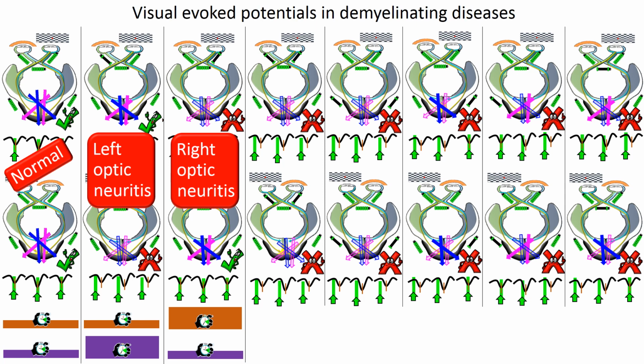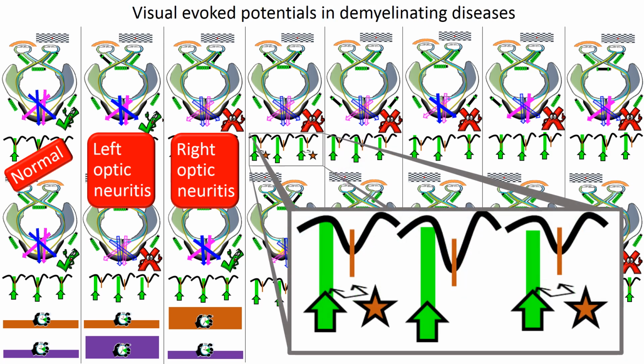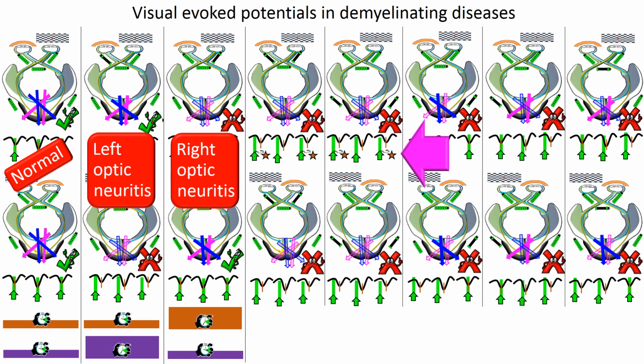If after right eye stimulation, in addition to right visual evoked potential sagittal P100 being delayed, both right visual evoked potential parasagittal P100s are also delayed, as I have indicated by the little stars and the double-headed arrows in the fourth column, and enlarged here for better viewing, and is also present in the fifth column, and following left stimulation, as you can see, is also present in the fourth and the fifth columns, the sagittal P100 and parasagittal P100 being delayed